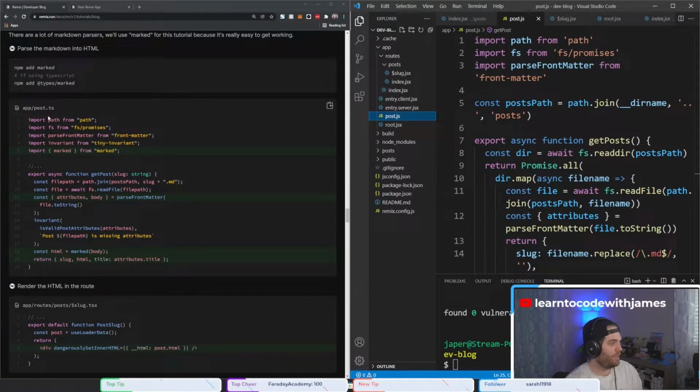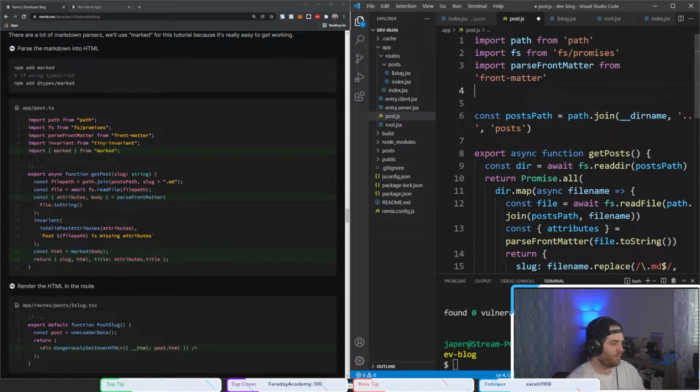Cool, so we're using app/post, which is this. And we want to import